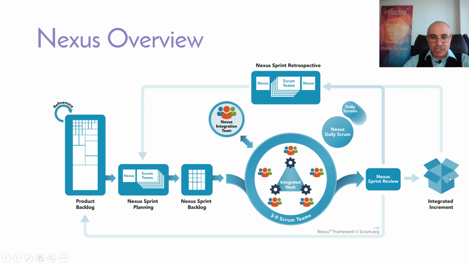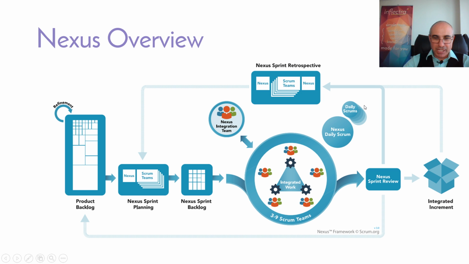So Nexus is really good when you have a large-scale program with many different teams, but you're working on one large interconnected code base or set of code bases. And when you do your retrospective at the end, as well as the individual teams having their own retrospectives, you're also going to have a Nexus-wide sprint retrospective. So basically, Nexus is a way of taking a team of teams and having this Nexus, hence the name, where you all come together. So you have an integrated backlog, you have an integrated set of retrospectives,